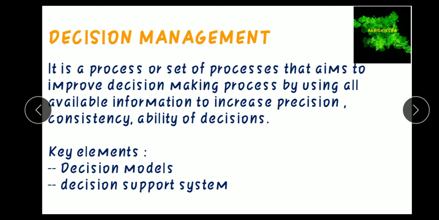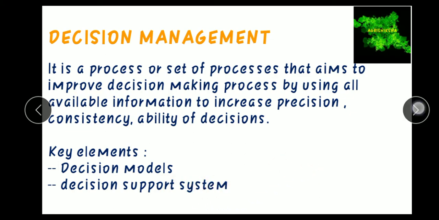मीन्स डिसीजन मैनेजमेंट एक ऐसा प्रोसेस है जो डिसीजन मेकिंग प्रोसेस को और बेहतर बना देता है बाय द हेल्प ऑफ गैदर्ड इंफॉर्मेशन. उसकी वजह से डिसीजन मेकिंग प्रोसेस में एक्यूरेसी, प्रिसीशन और डिसीजन लेने का जो तरीका है वो इम्प्रूव होता है. The key elements of decision management are: first is the decision model and second is the decision support